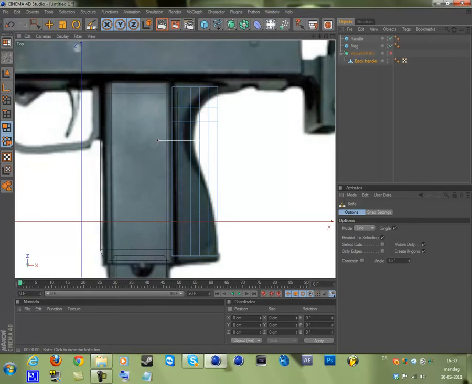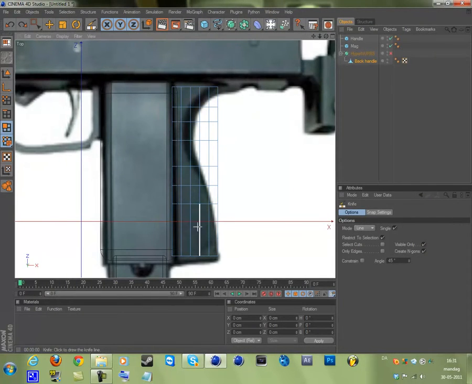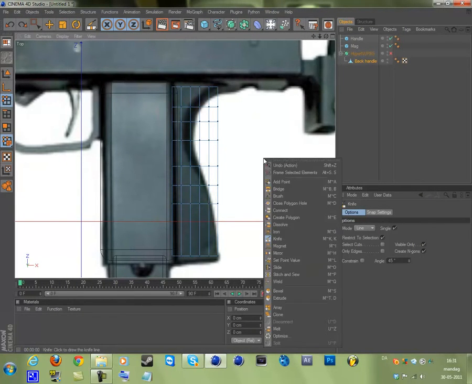Just keep on making some cuts where it's curved, and the last one should be like here. If you made a cut you don't like, you can press undo here.